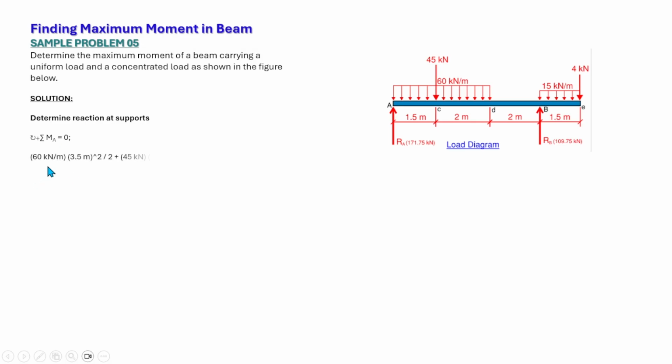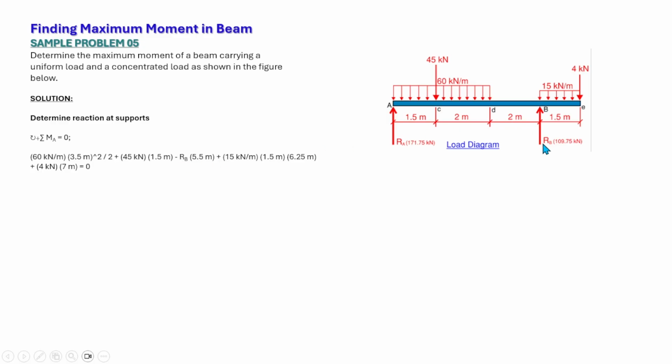So we have 60 kilonewtons per meter times 3.5 squared over 2, which is the uniform load here, plus 45 kilonewtons times 1.5, that is positive, which is clockwise with respect to point A, minus RB, that is the reaction